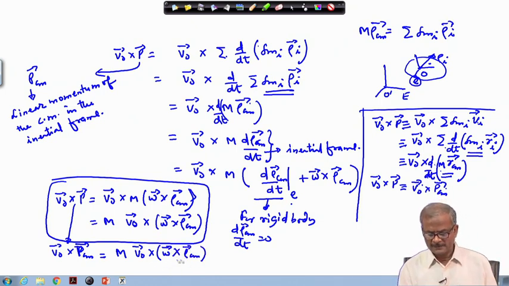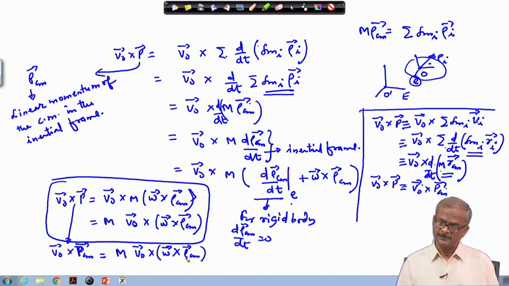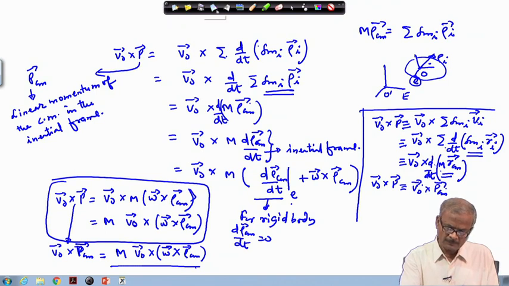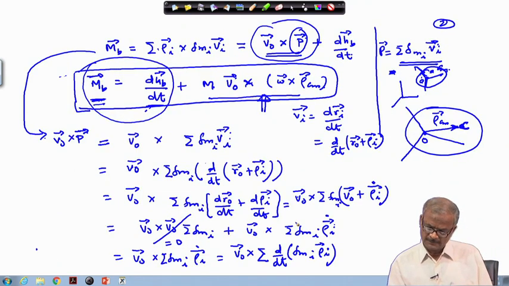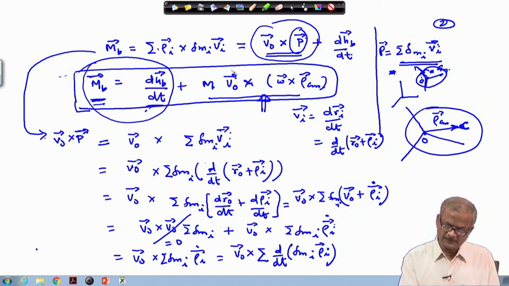So, we get rid of any reference to the inertial reference frame, and that is of great help, because if you have to keep measuring this distance all the time, it will be very troublesome. Say in the case of an aircraft, you do not have to measure the distance from this point to this point, so it is so convenient. And therefore, our final equation gets reduced to, we will use this part together with this part.